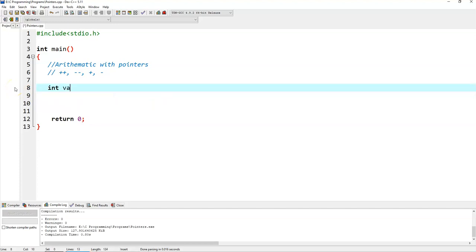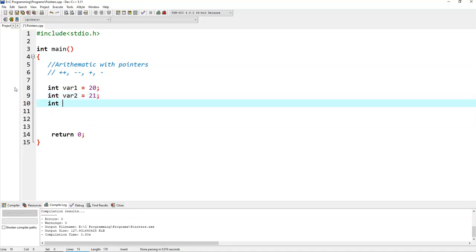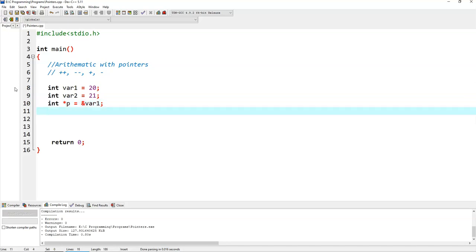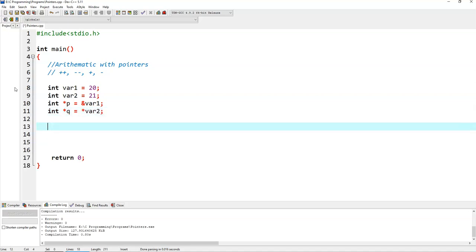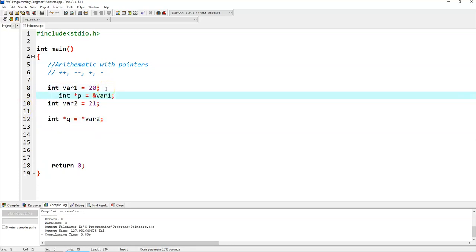So int var1 is equal to 20, int var2 is equal to 21, int star p, जिसके अंदर var1 का एड्रेस रहेगा, and then int star q, जिसके अंदर var2 का एड्रेस रहेगा। सो देखो, ये जो int star p है, जस्ट समझने के लिए हम इसको ऊपर मूव कर देते हैं।